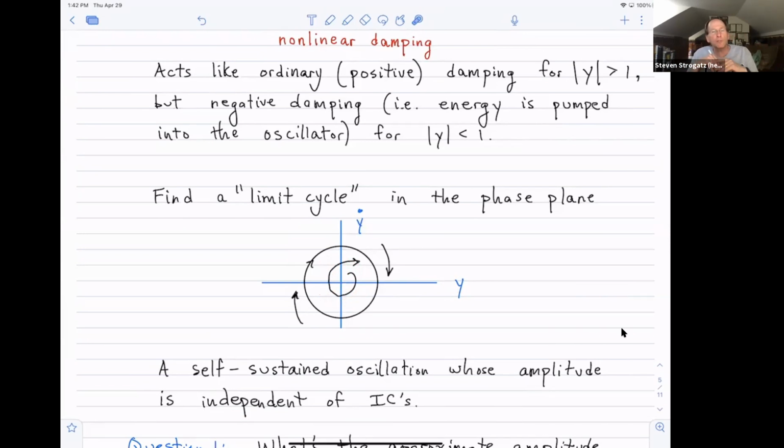Actually, van der Pol wrote some interesting papers in the 20s about biological oscillations. He had really wide interests, and he started thinking, well, what about heart cells? Heart cells will just oscillate at a constant amplitude themselves. They don't look like sinusoids, but still they have a self-sustained rhythm. And if you try to damp one out, it comes back and starts beating again, as long as you keep it alive. So he saw his oscillators as having a connection with self-sustained biological oscillations, which they do. And so we use van der Pol oscillators all the time in mathematical biology.